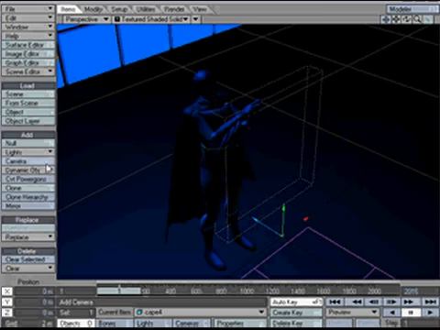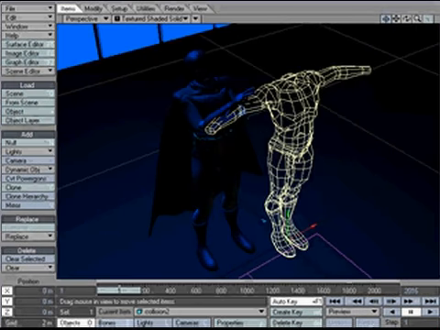Now I could use this character as the collision object, so when the cape hits up against the character, it'll bounce off of it. Now there's a lot of geometry in this character, so there are a few options that we can do. Now we could do that. It'll take a while to calculate, but one option, let's take a look, is to have a low-res cage object